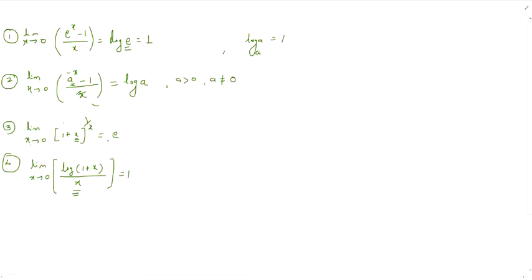Now one more result, which is nothing but a derivation from the first result. If we have limit x tends to 0 of (e raised to px minus 1) upon px, then it is equal to 1, where p is a constant. And the next result, that is the sixth one.